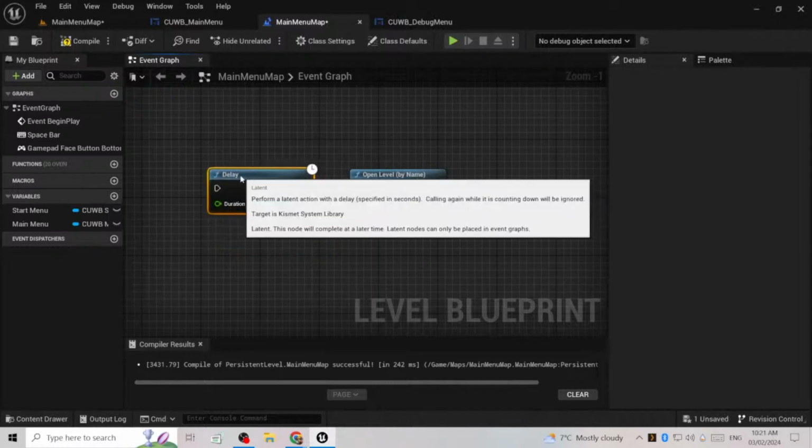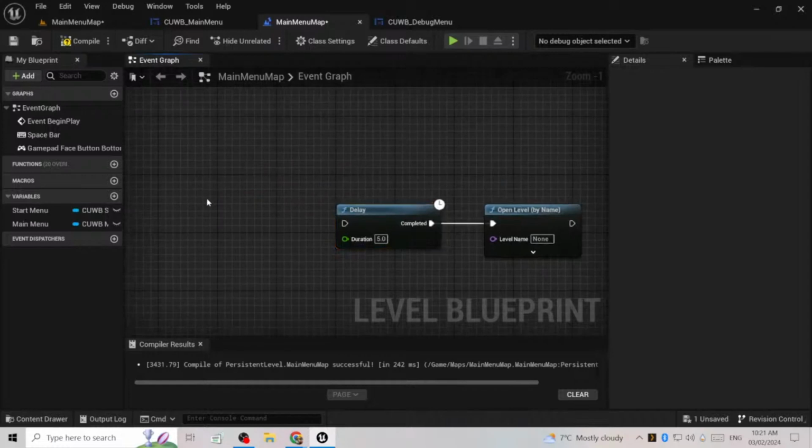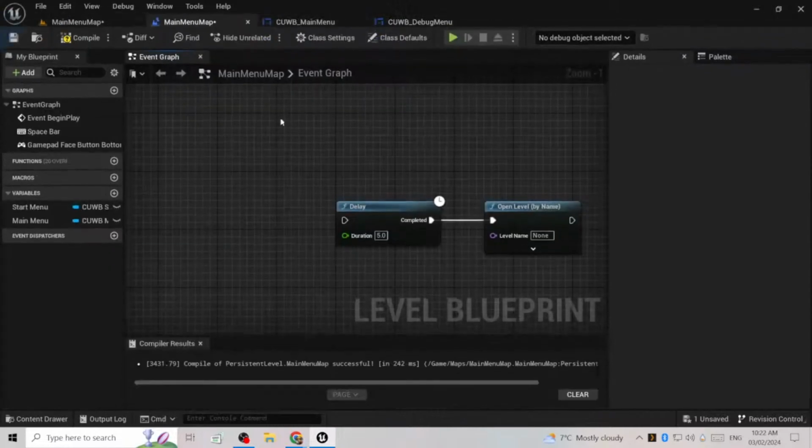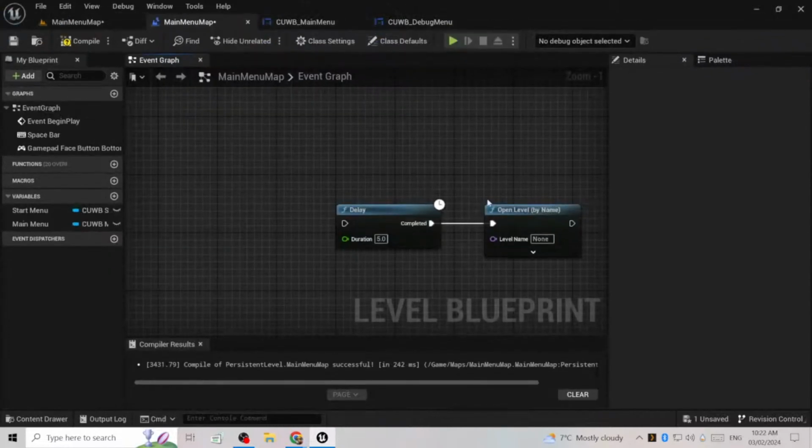And even before that, they just create a widget, something like this, like an actual loading screen widget. But the problem with this setup, the open level node is not an async node. So what happens when you implement a loading screen like this, that you have a widget here,